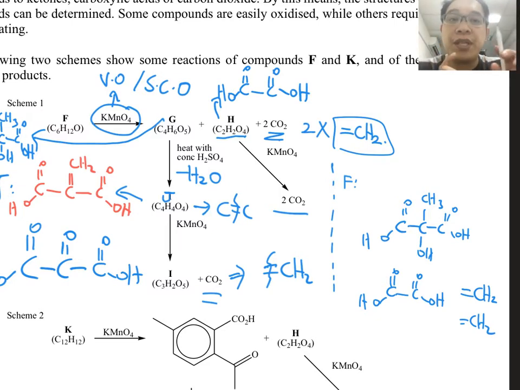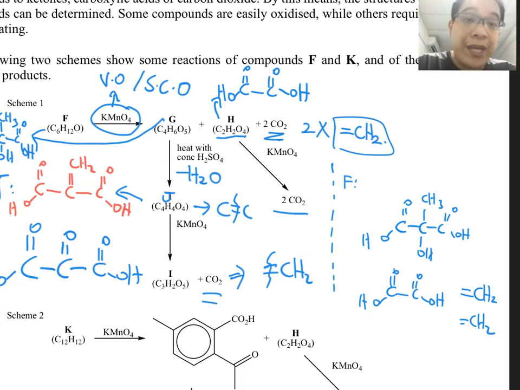Remember just now we mentioned that this reaction here is likely to be a vigorous oxidation or side chain oxidation. For your vigorous oxidation reactions, it is likely because there's no benzene ring. So I'm going to assemble the molecule by connecting this to the left hand side. You can also connect to the right, it's up to you, because left and right are the same. So I'm going to connect these to one end. Then I'm going to connect the CH2 to this end and this one to this end.